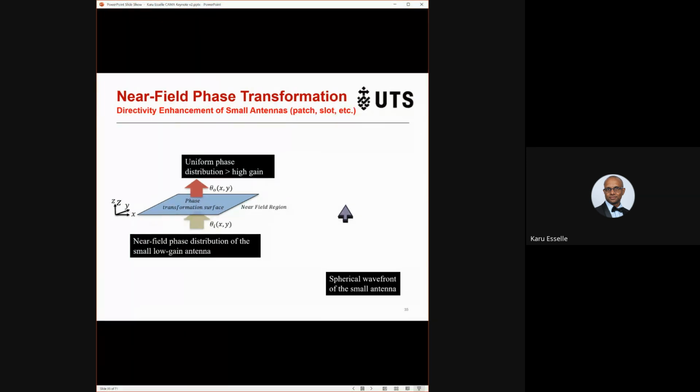Okay. So the antenna with small directivity, like a slot or a microstrip, use this as the feed to a resonant cavity antenna, create a resonance cavity, and that will increase directivity. Or that's another way to do it. Put a phase transformation surface and make the phase more uniform, because when you go a little bit above any of those antennas,